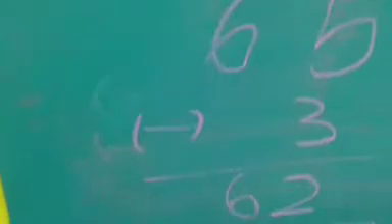Already I explained to you, right? Write the bigger one, and in the bottom, write the smaller one. Comparing to 65, 3 is smaller. Write down: 5 minus 3 is 2, and 6 minus 0 equals 6. So the answer is 62. Take 62 and write it here. Will you get it, children?